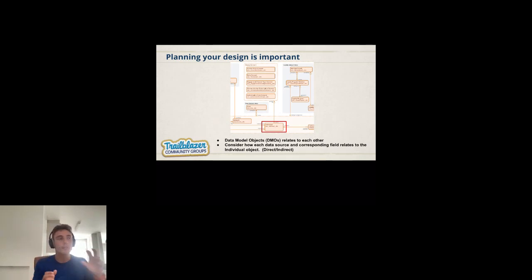When you plug some data into a data model object, you need to make sure that you are plugging the data to the correct object. This is really important. And in all cases, you must connect your data, directly or indirectly, to an object that is related directly or indirectly to the Individual model. The Individual data model object is maybe the most important object that you can find in the Customer 360